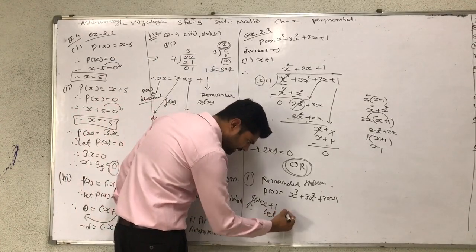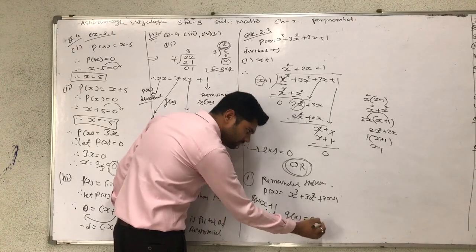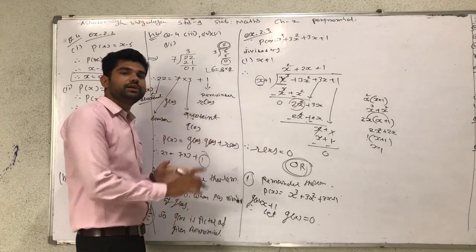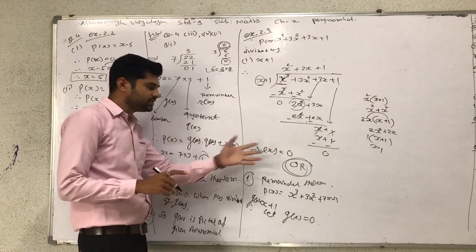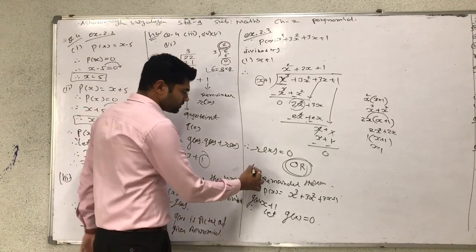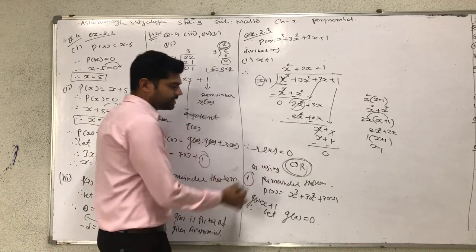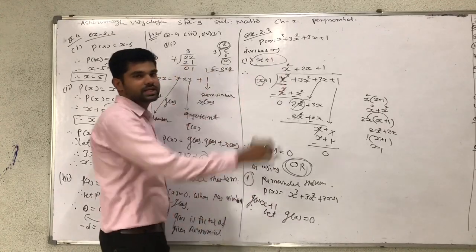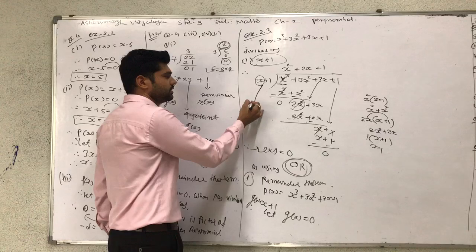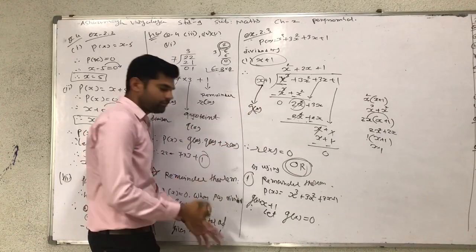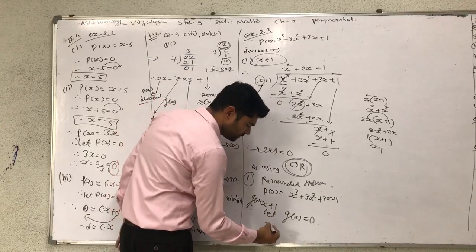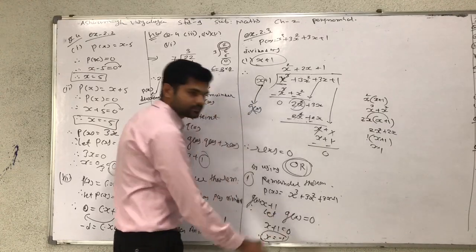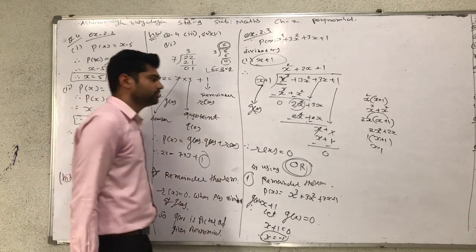So we have to take that g of x equal to 0. Remember which term is taken 0? Which term is divisor of dividend? So this term is taken 0. It means always by using remainder theorem, g of x equal to 0. Here g of x equal to x plus 1. This term is known as g of x. So g of x equal to 0, it means x plus 1 equal to 0. So we get x equal to minus 1.